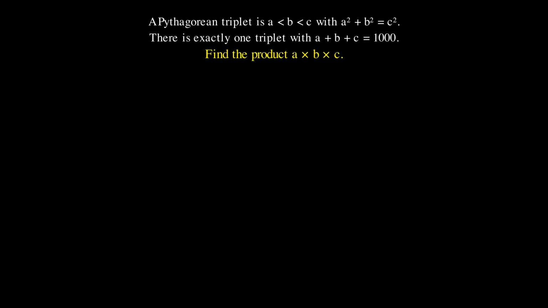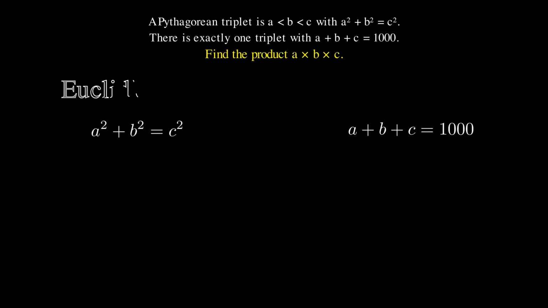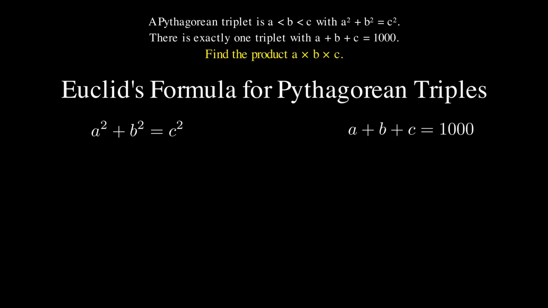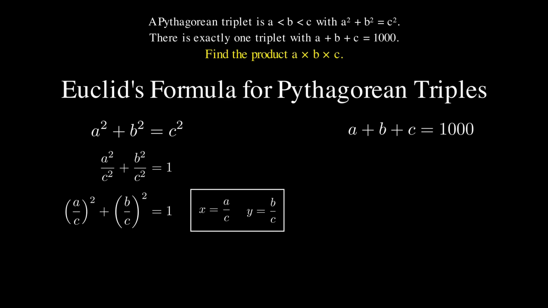All right, let's see what we can do. We have 2 equations and 3 unknowns, so we're going to need some help here. And today the help's going to come from Euclid, who has a way that we can approach this left-hand equation. And we're actually going to build a circle out of a squared plus b squared equals c squared with that